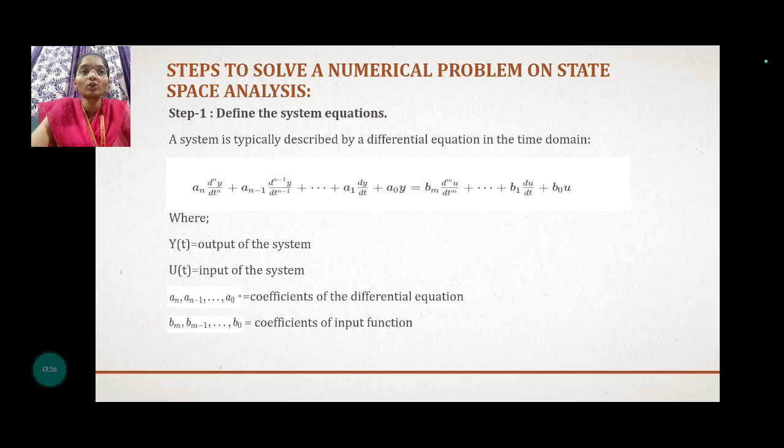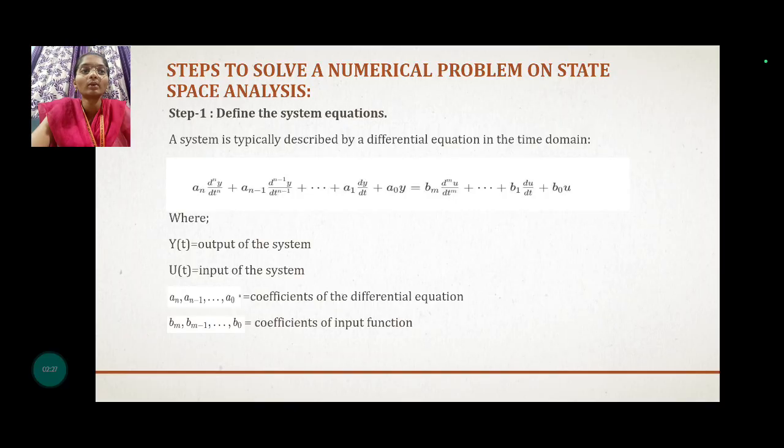Steps to solve a numerical problem on state space analysis. Step 1: define the system equations. A system is typically described by a differential equation in the time domain: an d^n y/dt^n plus a(n-1) d^(n-1) y/dt^(n-1) and so on, plus a1 dy/dt plus a0 y is equal to bm d^m u/dt^m and so on,